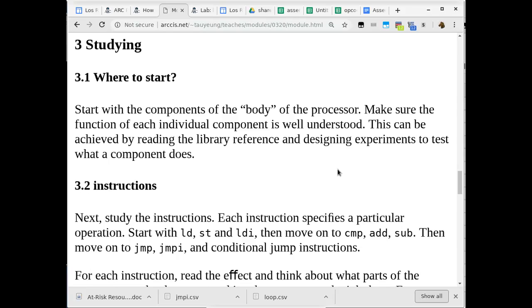What is the RAM component? What is the ROM component? How does each one work by itself? So that's the first level of understanding that we must have in order to, quote unquote, study the toy processor itself. Is that okay? So once you understand the individual components, then the next question is just having a general